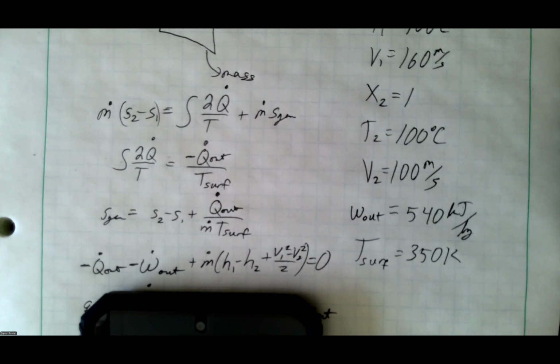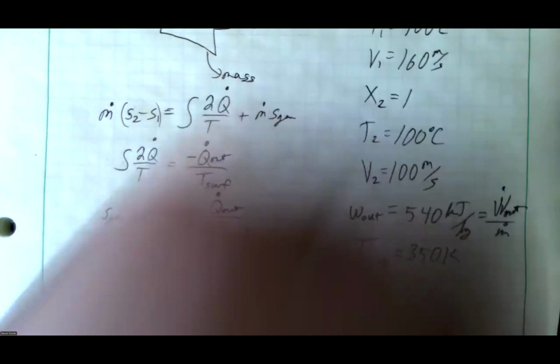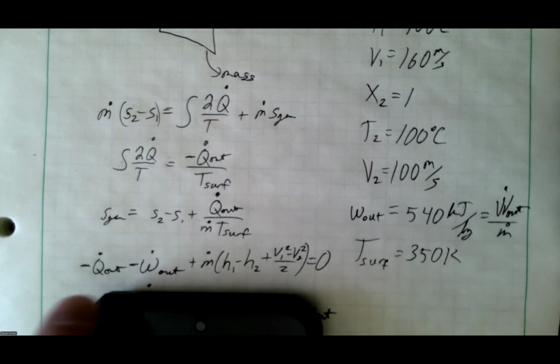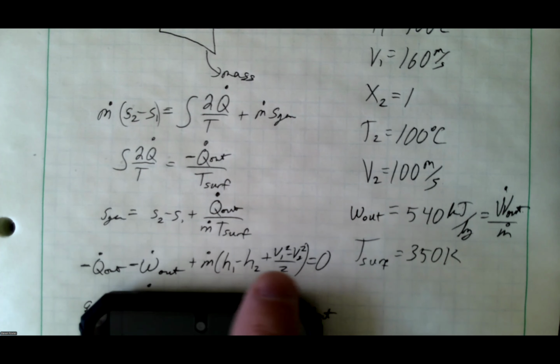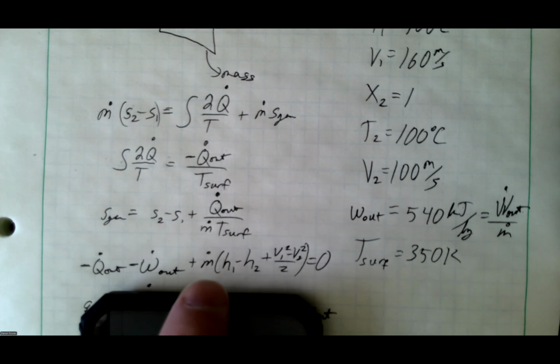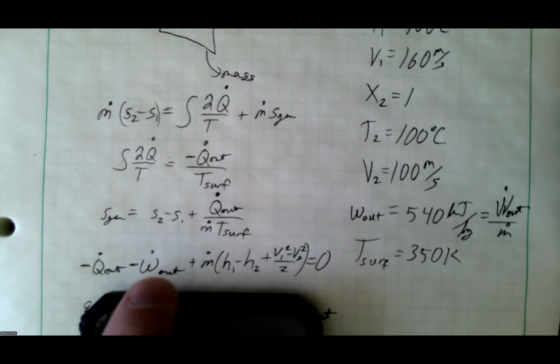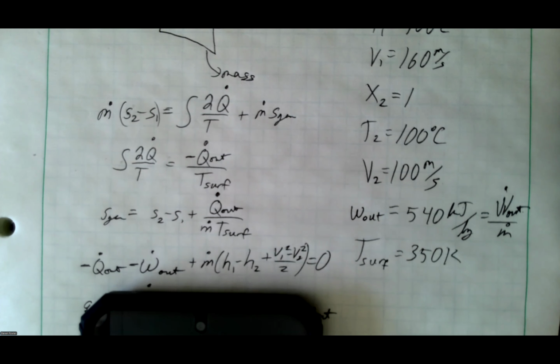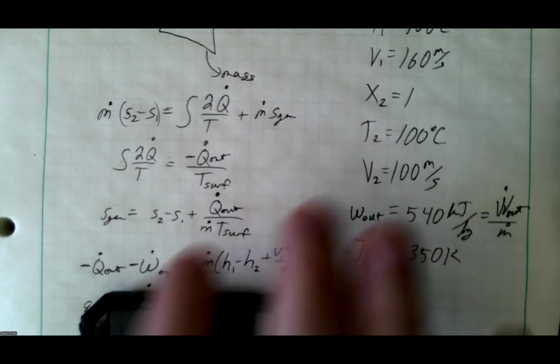Let's figure out what of these we know, what of these we do not know. We know work per unit mass. That was given to us. This is little w, that is power out divided by m dot. All right, so that's known. So what I can do is divide the whole thing by m dot. These terms all now just end up the same. The m dot goes away, but then I know little w out. And notice here, I don't need to know q dot out, or I don't need to know m dot. I just need to know their ratio,